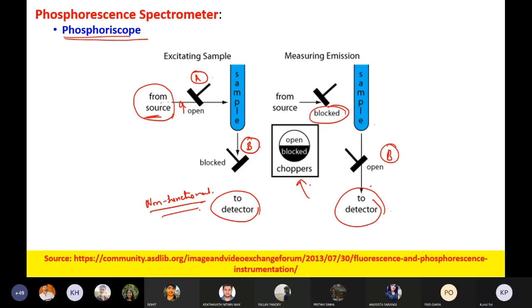Okay, this type of arrangement is done to ensure that no other light noises, either from the source or the fluorescence activity, are recorded by the detector. Okay,